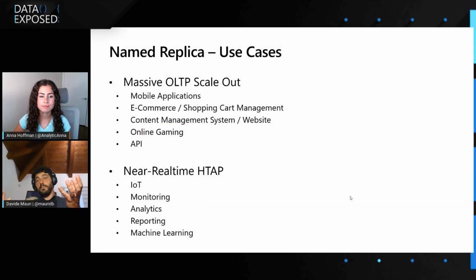But another use case, completely on the opposite side of the spectrum, is near real-time hybrid transactional analytical processing. Like, for example, you are ingesting data from IoT devices, and you want to be able to run complex reporting on it, or update dashboards. And it's the beauty of named replicas that you can have one primary ingesting the data and n secondaries allowing anyone to query the data, be it via a mobile application, or for example Power BI. And the secondary will not affect the performance of the primary, which will still always be able to ingest IoT